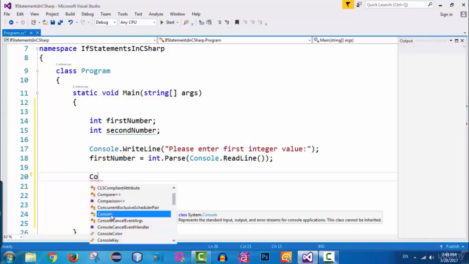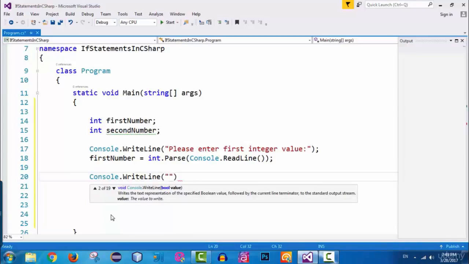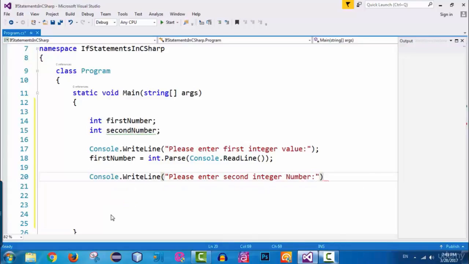I want to choose Console and then press the Enter key on your keyboard, and then WriteLine, and now inside the parentheses I can put two quotes, and here I can say please enter second integer number, colon, and then I need to put a semicolon at the end of my